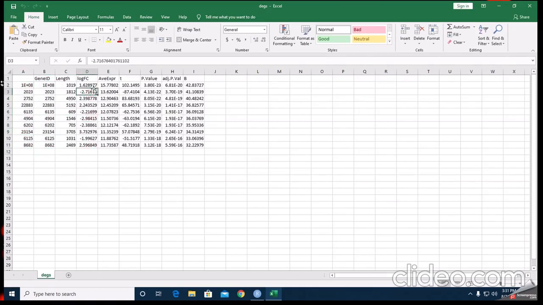Okay, this is the gene ID, and now I'm going to show you which genes are differentially upregulated and which are downregulated.